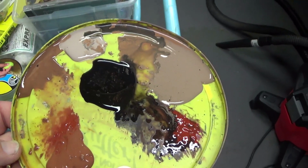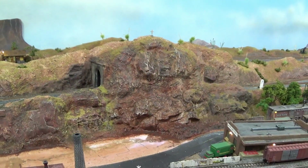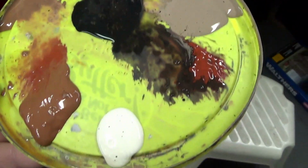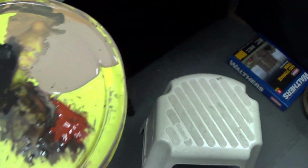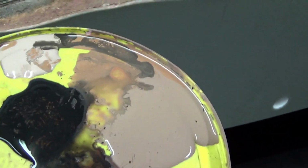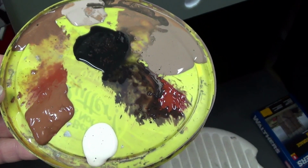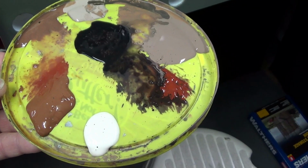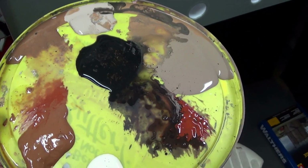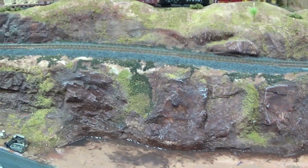Those particular paints, when I see an area such as these rock formations, I just pick out a bunch of colors that I think look close and I spread them out on here. And just a little squirt of each one, and it's kind of a waste of paint. However, I have a bowl of water that I put here, and I have two paintbrushes, a large one and a smaller one, maybe about a quarter of an inch. It's one of the tester's brushes. But any of those colors I need, I dip into them, mix them together, start applying them to the plaster, which you can see I've done up here, until I get a consistency of that color that I think matches